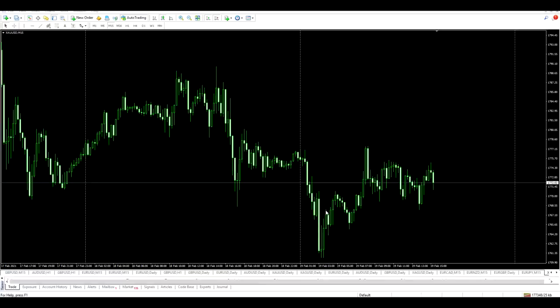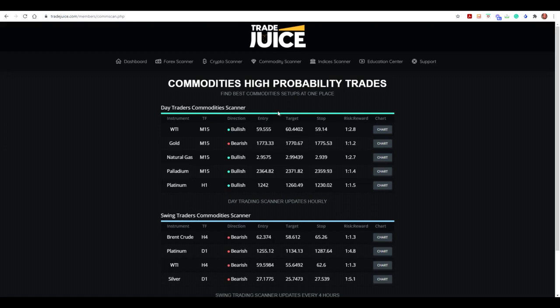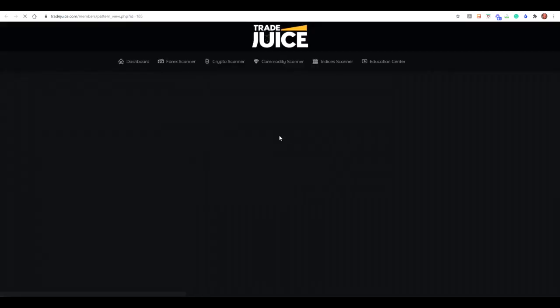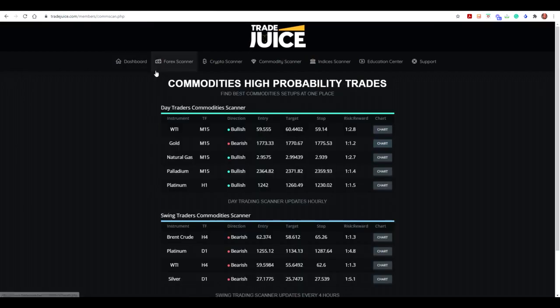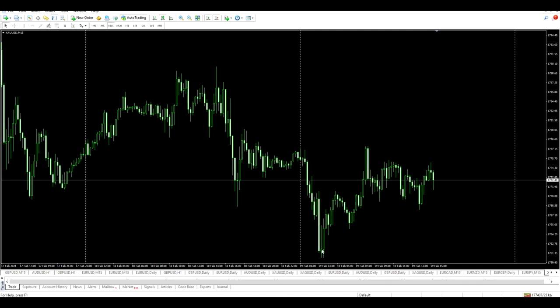Hi guys, I'm on the gold USD 15-minute chart, and the reason I'm on this is because Tradejuice has highlighted this as a potential high probability trade setting up. I do have a chart that I can use for this, and it gives me the entry point, stop loss, and take profit. The entry point, just during the time of doing this recording, is actually just here at the moment. So I'm going to enter this trade,